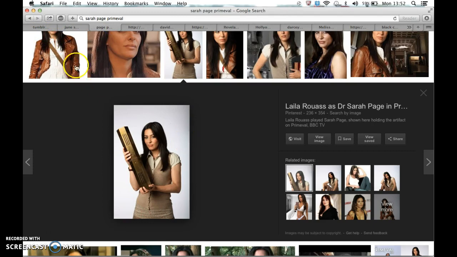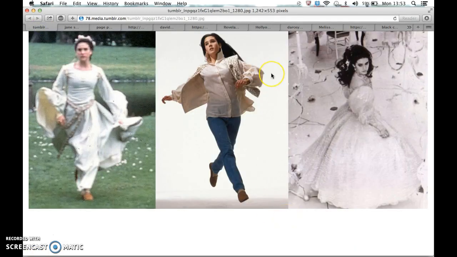But basically, another person who represents the Revelation 12 woman is Alice in Wonderland. Another person who represents the Revelation 12 woman is Snow White. Another person who represents the Revelation 12 woman is Cinderella. But that's the thing. In Labyrinth, it's like a cross between Alice in Wonderland, Cinderella, and Snow White.